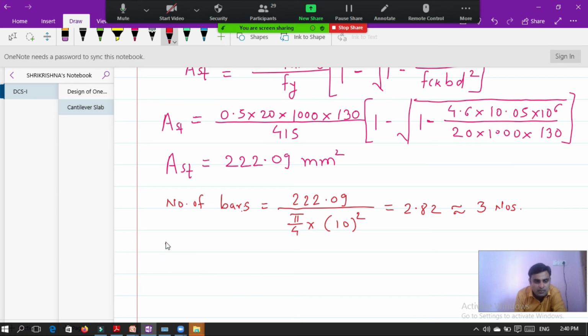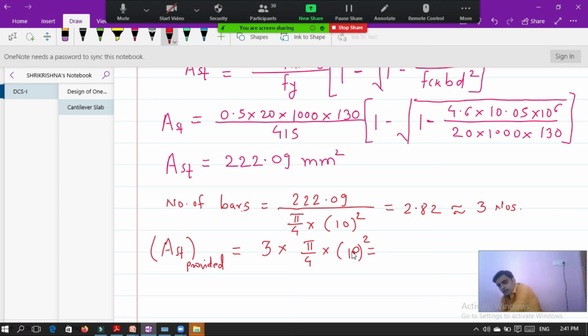If 3 bars are provided, then what is the value of Ast provided? Now we need to calculate the value of Ast provided. 3 bars are provided, each of diameter 10. Then the value is 235.61 mm square.